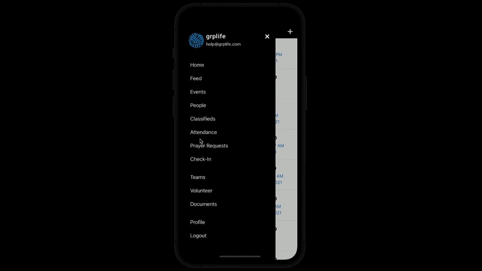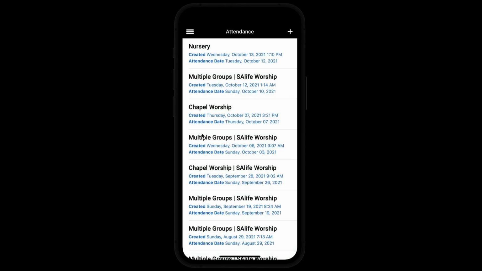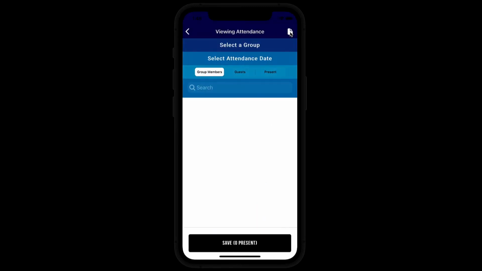And so I've clicked on the attendance menu option from the side menu. And in this particular site, I have a bunch of events that attendance has already been created for. But to do a new attendance, I would just click on this plus button in the corner, start my new attendance